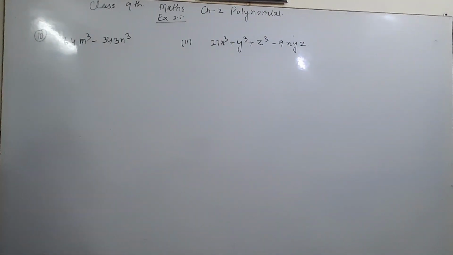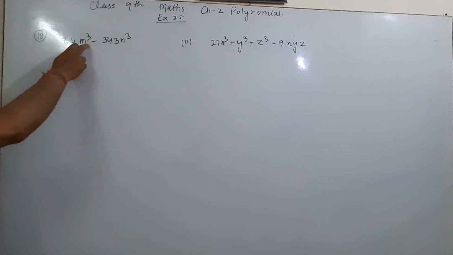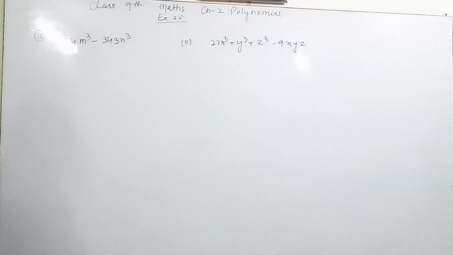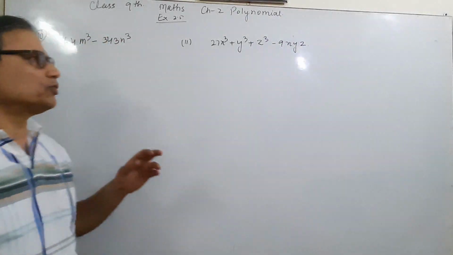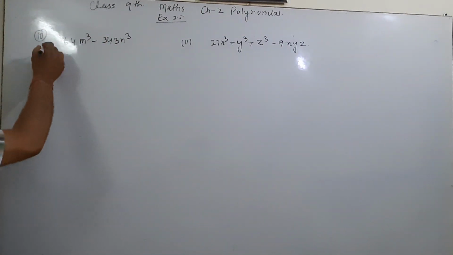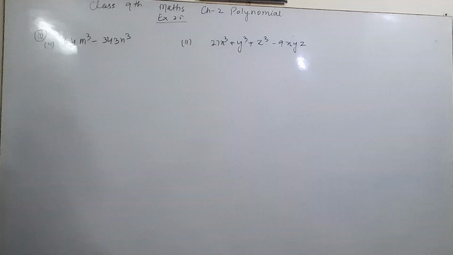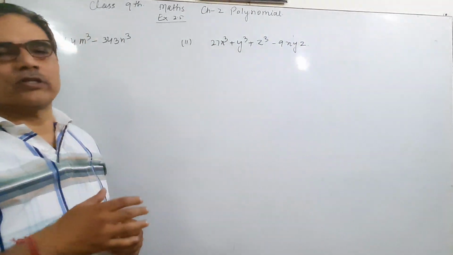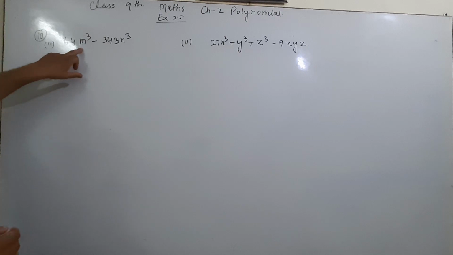Here we have to convert it. Here is a cube, here is 64, so what should I do? This is question number 10, the second part. If the first part, third part, or any part is left, then you do it yourself. And then m cube, so that means we have to convert it. 64 is also a cube.